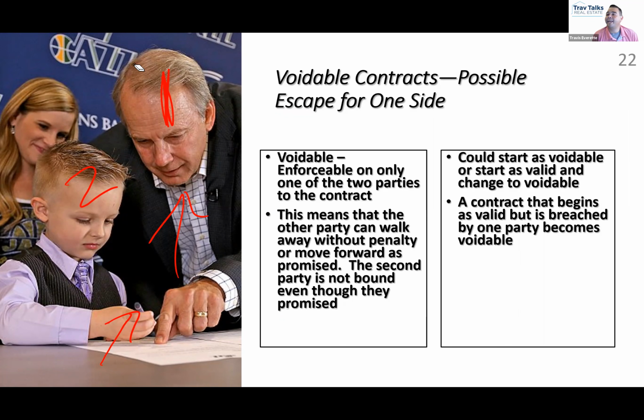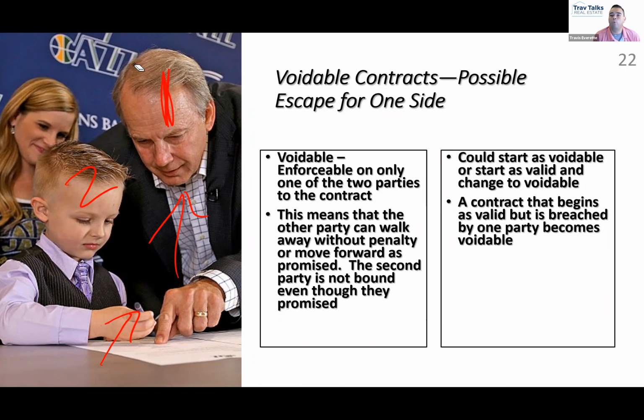We get to the date of closing. Everybody with me so far? The roof's not replaced. Does Elizabeth, the buyer, have rights in that bilateral valid contract? Yes. She can sue, correct? Yes. She also has another right, and this one is the harder one to wrap your brain around.